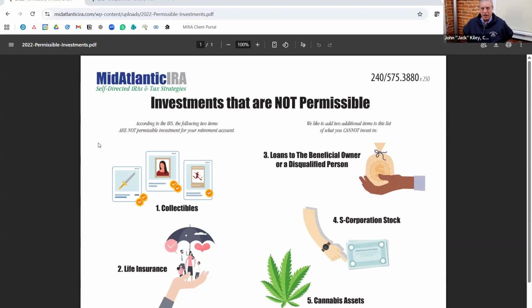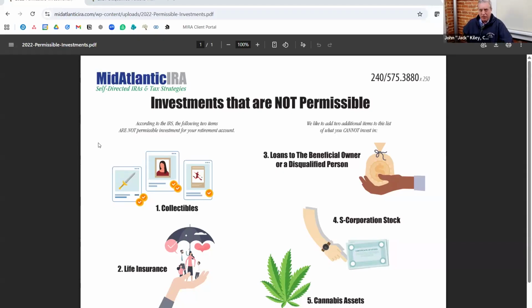And on here also are cannabis assets, and this is starting to become easier to do. And this really is not an issue of the investment per se. This is really banking issues. So cannabis is either legal or in some throes of being legal in probably about 30, 35 states. But the challenge is if you take that money from that investment across state lines, that's money laundering on the federal level because cannabis is illegal on the federal level.